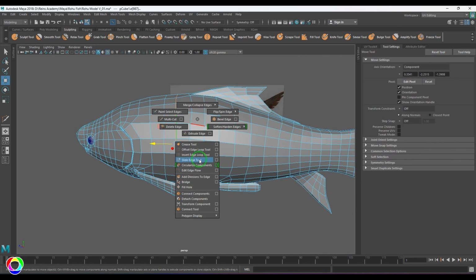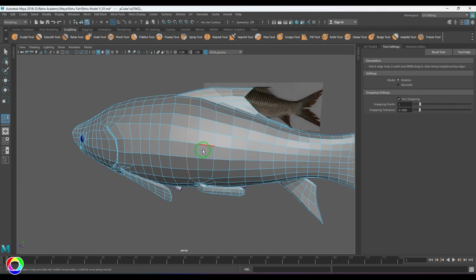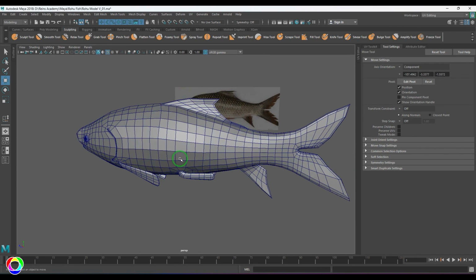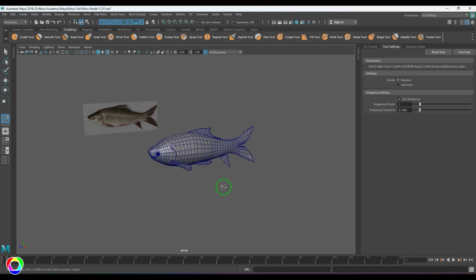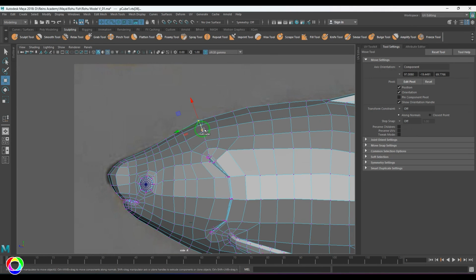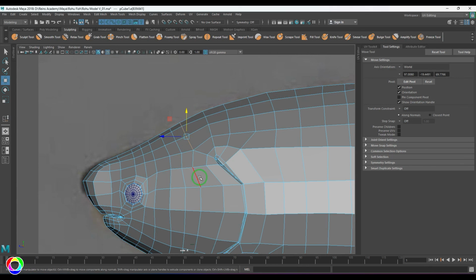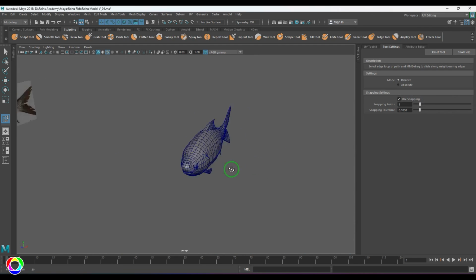I'm just trying to add some lines. So I've added the lines like that, and this is the model I've ended up with. Okay. The reason I'm modeling this one is I just wanted to rig it. So I'll be showing the whole process, how I'm going to texture, rig, and